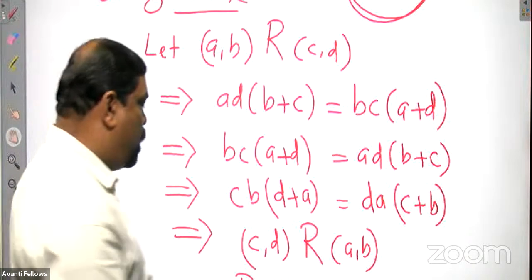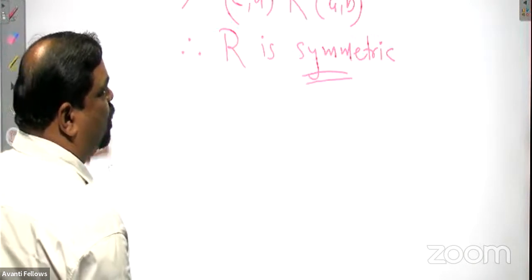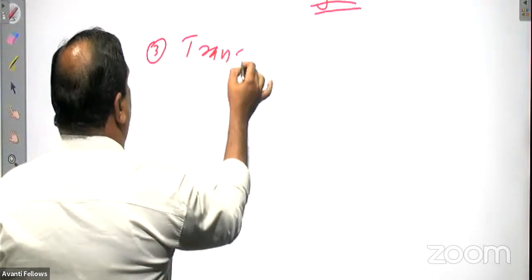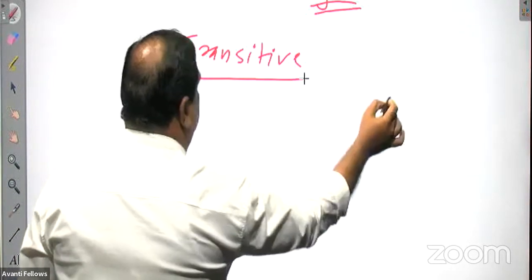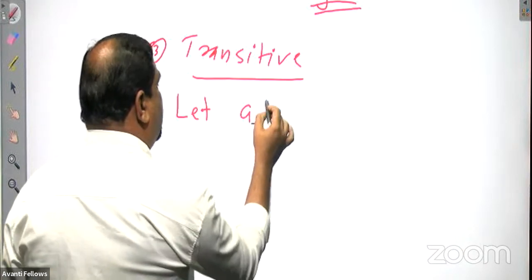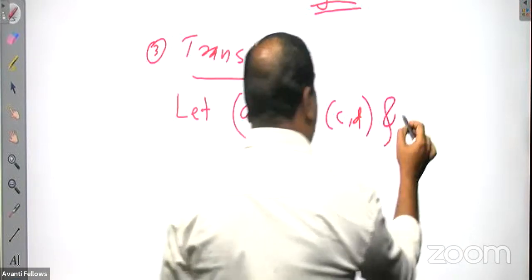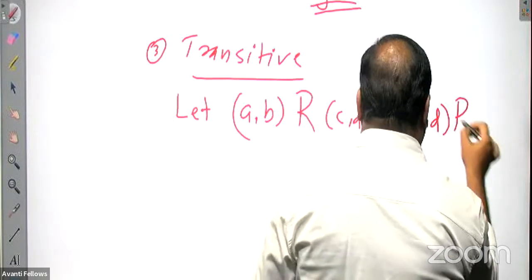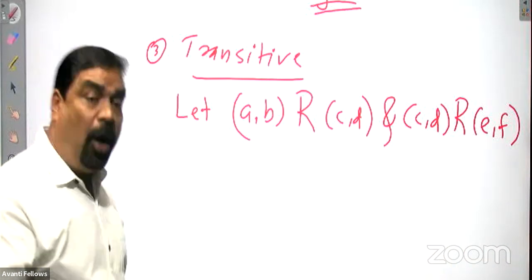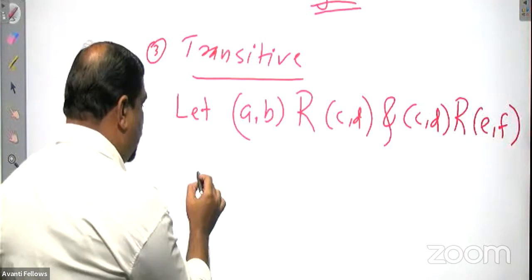Now the third one, the last property, that is transitive. For transitive, what is the definition of transitivity? Suppose AB is related to CD, and also CD is related to some EF. CD is related to EF. So we have to prove that AB is related to EF. So which implies